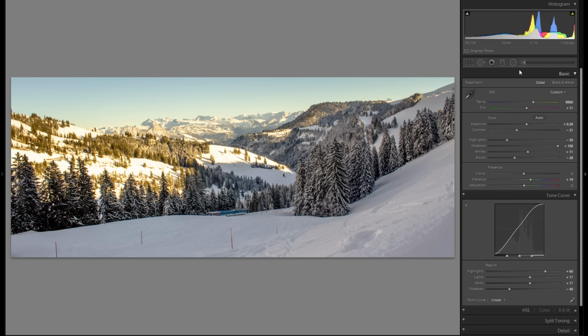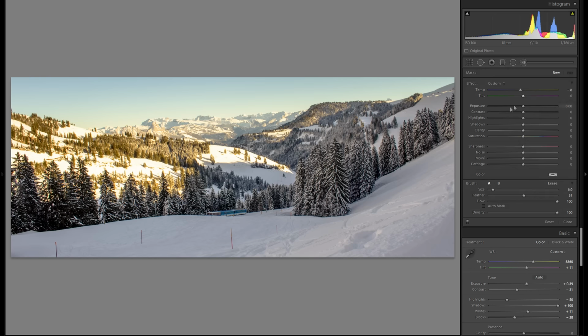Then I'm gonna close the split toning and grab an adjustment brush, reset everything here as well. And as you can see, these trees up here are almost a bit too green, so I'm gonna set the tint to a bit magenta, make sure the feather is at 100, and I'm just gonna paint over these trees here, maybe even add some blues. Something like that works quite well, just because the light was a bit too much. Bit more magenta in the tint, and I think that works pretty well.